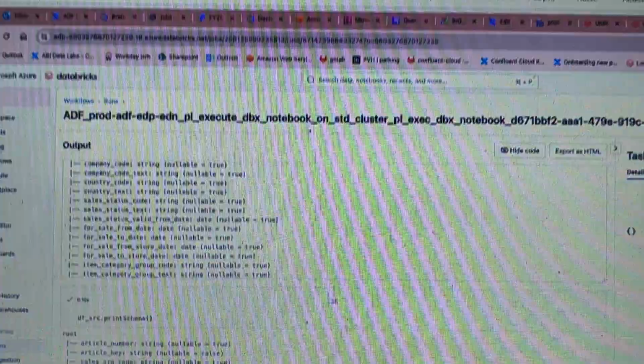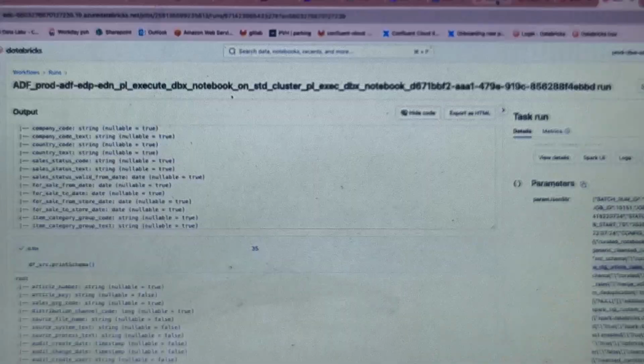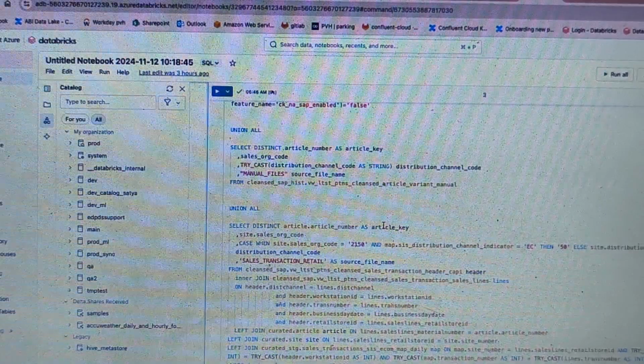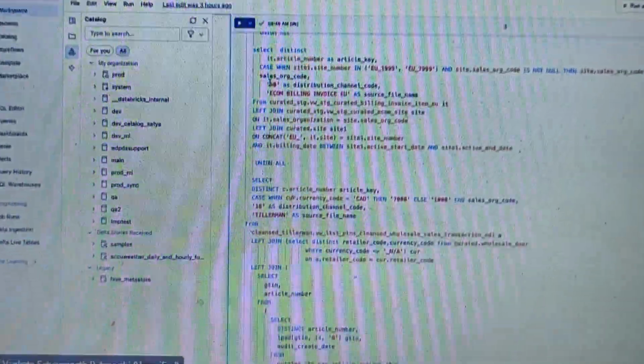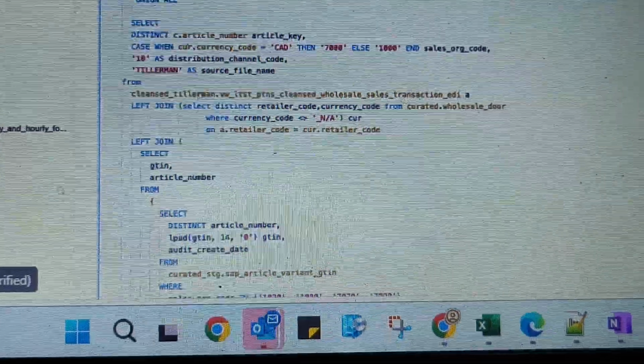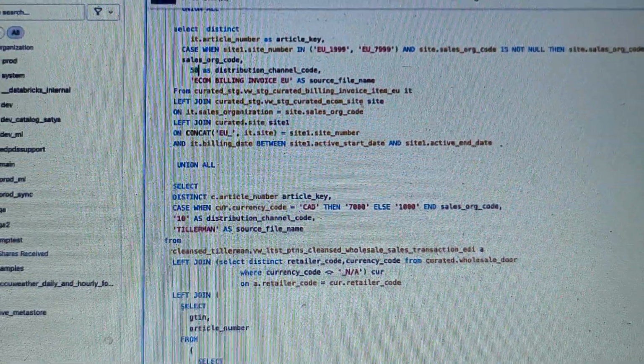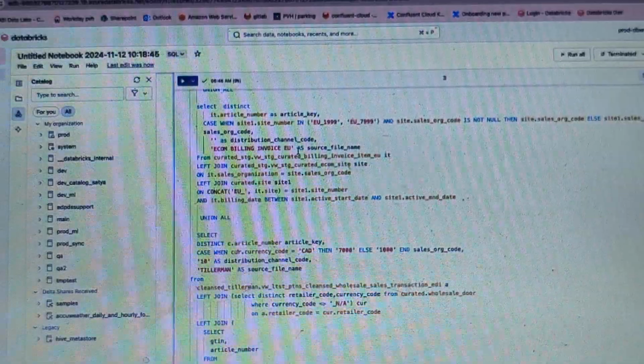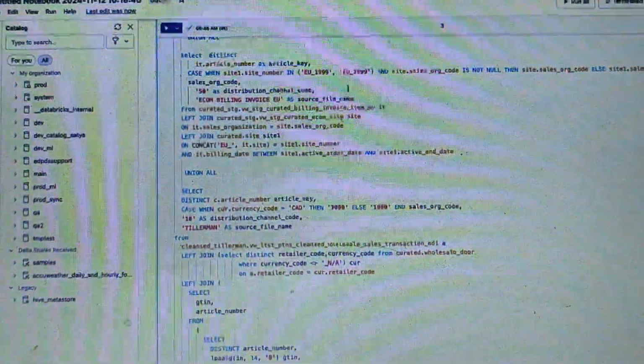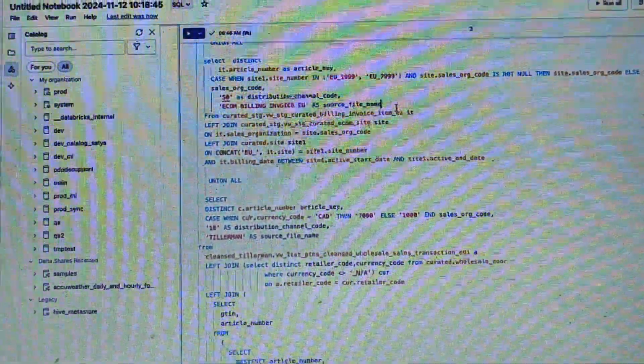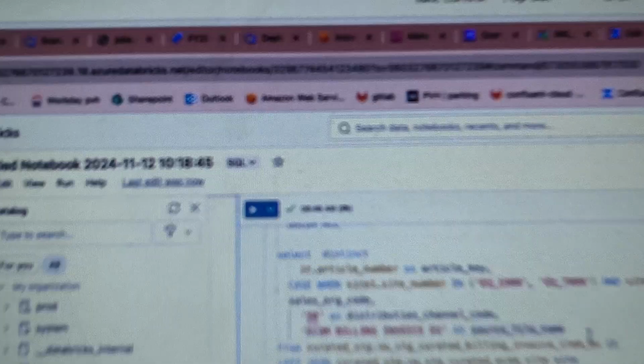So the source is this one. I have to open the entire DDL of this and go through what's happening, and I found out that it was int before, and I converted it into string. Previously in the source it's long or big int for distribution channel code, right? Exactly. But in the curated table it is string. Both are not matching.